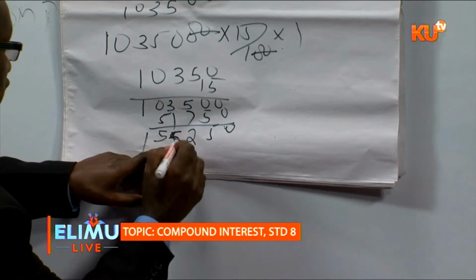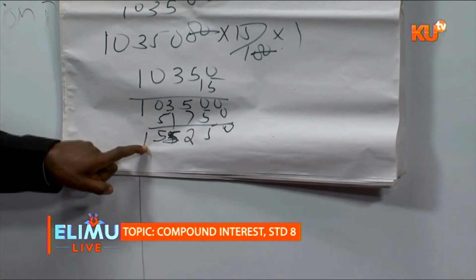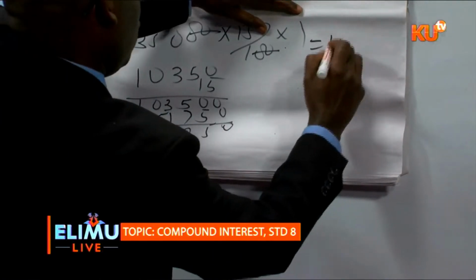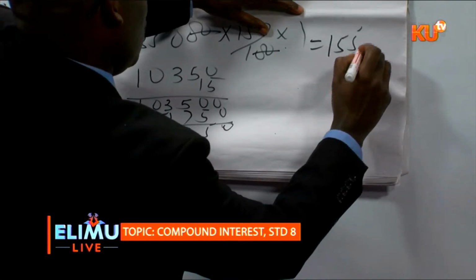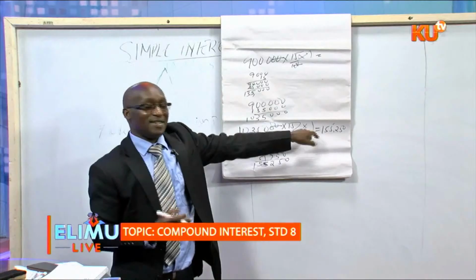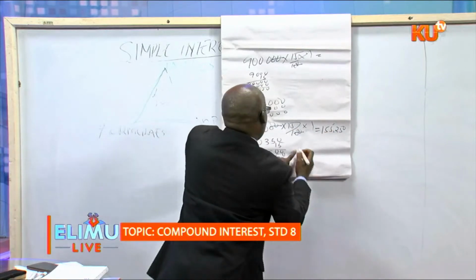Sorry, this is 5. Then we have got 5 and 1. So 155,250 becomes the interest at the end of the second year, and this interest, remember, is supposed to be